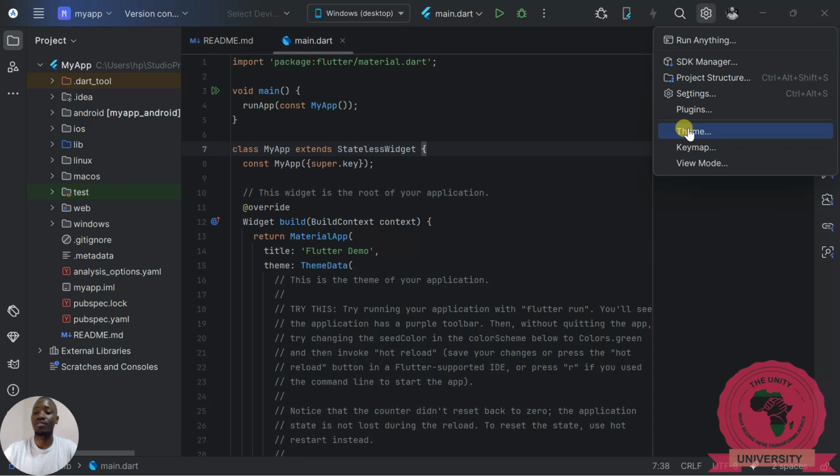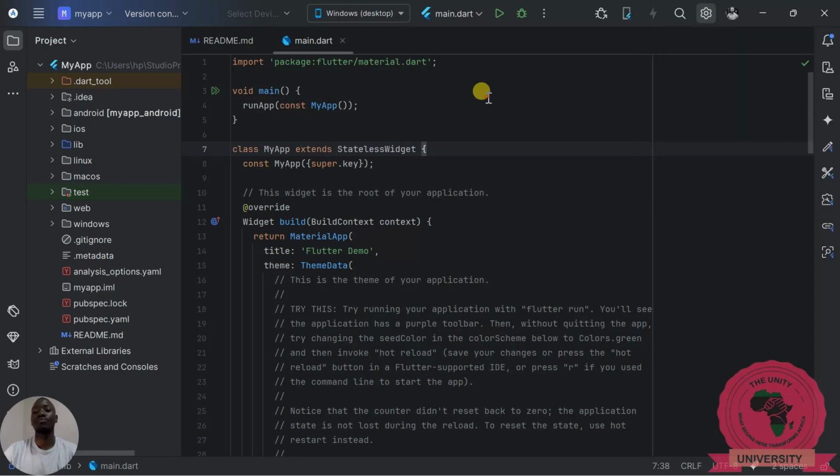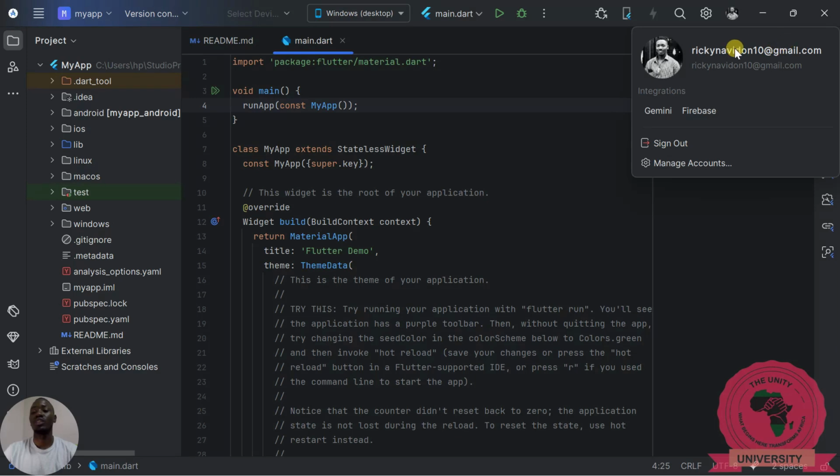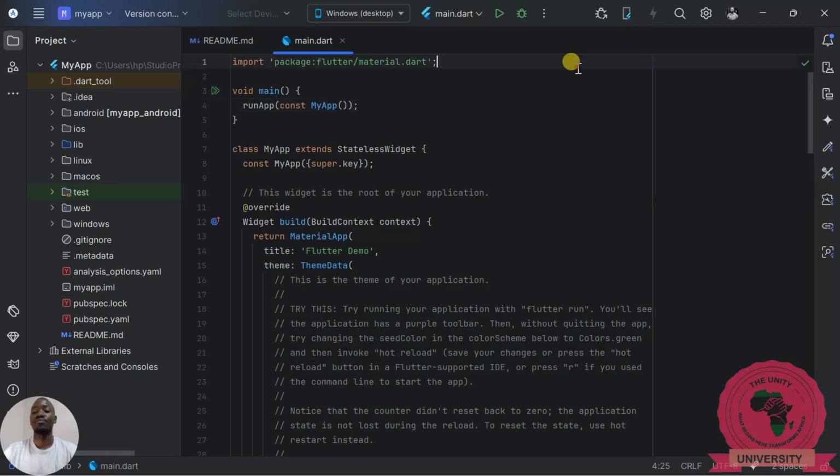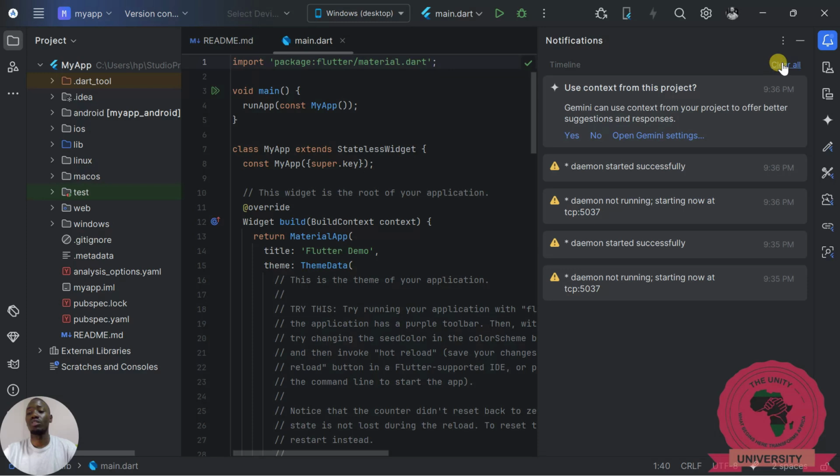which colors of your interface, key maps to see most of the keys, shortcuts, and others. View mode, just in case. Here you will see which user is currently logged in. Yeah, so this will easily help you to manage your configurations. Then here on the sidebar on the right, there is number one notification for giving you very